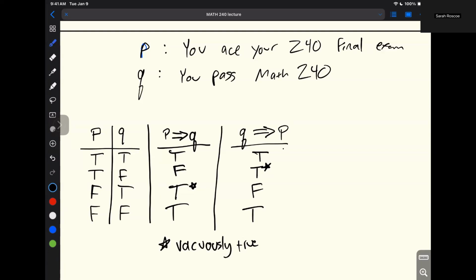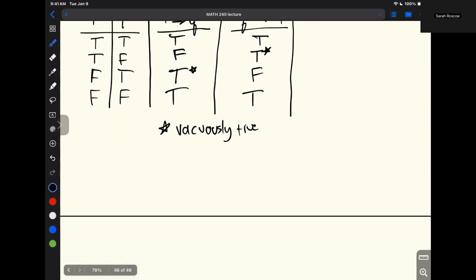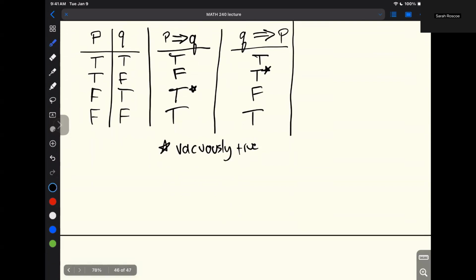These are also the definitions for this notion of P implies Q and Q implies P. So we can think through examples, but again, these are going to be some of our axioms where TFTT, TTFT. And so yeah, these are our axioms. I'll try and think of a better example. In any case,